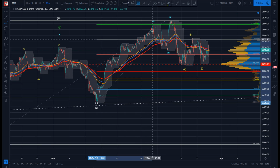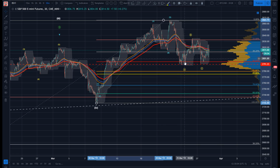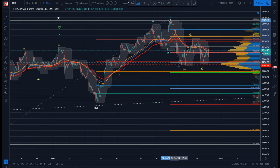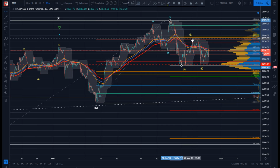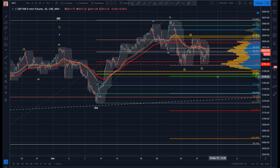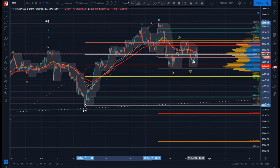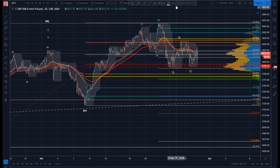So algos are doing what they will always do, right? They defend here at the 50. They'll stay long until they break this 65 here. But note, as I always remind you, there's always an algo on the other side. So here we came a little shy of the golden zone. Pump down, and then they're not getting targets. Now look where that target is. It's below the 65. So if that breaks, bears will take over. Right now, per this pivot right here, it's still bulls' ball. You'd still be more inclined, since this has been tested a couple of times, that perhaps there's one more push up here, but